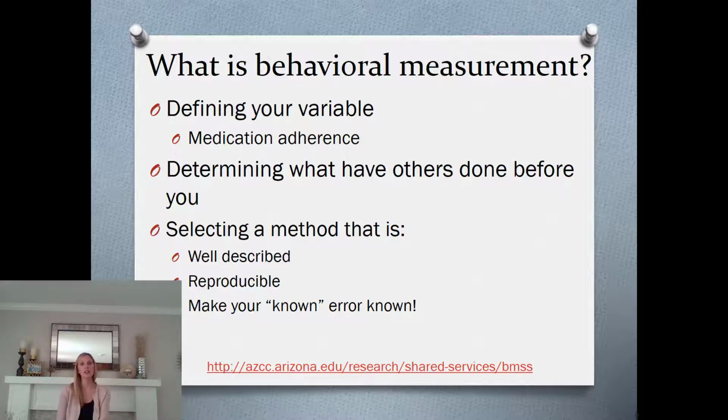What I mean by that is, if you know that there's a particular limitation to the tool or the definition of behavior that you're using, you need to make sure that when you publish your results or you're telling people about your methods, you let other people know, instead of marketing it as this perfect tool or just brushing the limitations under the rug. So an example of that might be